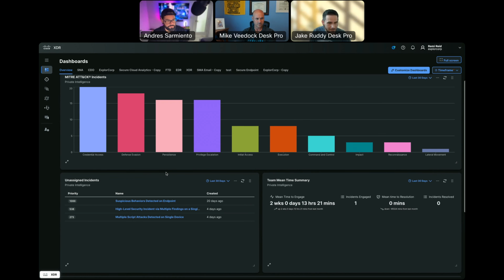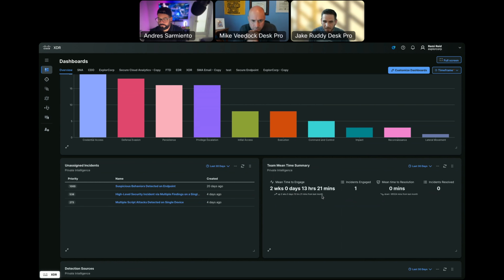I see a list of currently unassigned incidents that are sitting in the console. So we're doing pretty good. We've only got these 3 unassigned incidents in here today. We'll talk about this more in the incidents piece, but there's full case management, ticket management, service management that is built into these incidents, right? We can assign them out. We can work on them together as a team. We can add notes. We can add a report at the end of it. Full case management has been built into these incidents as we see them in XDR.